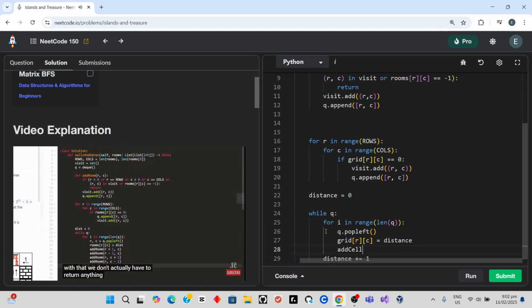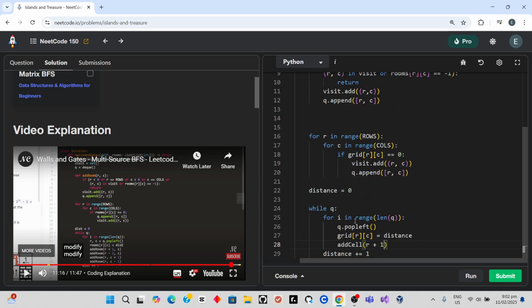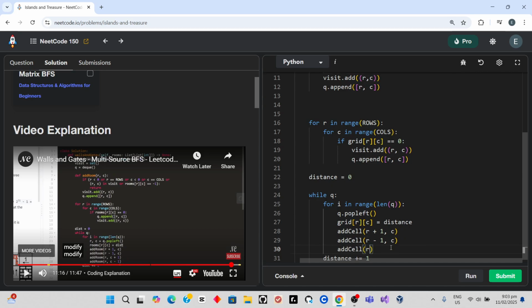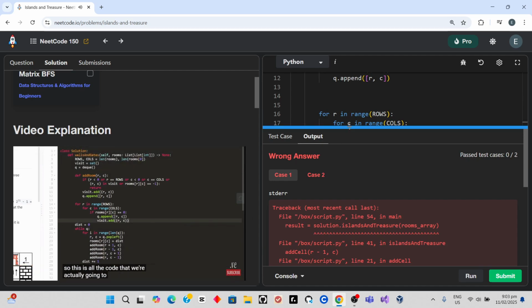Once we're done with that, we don't actually have to return anything because we just have to modify the rooms array in place. So this is all the code that we're actually going to have to write. So you can see that this solution